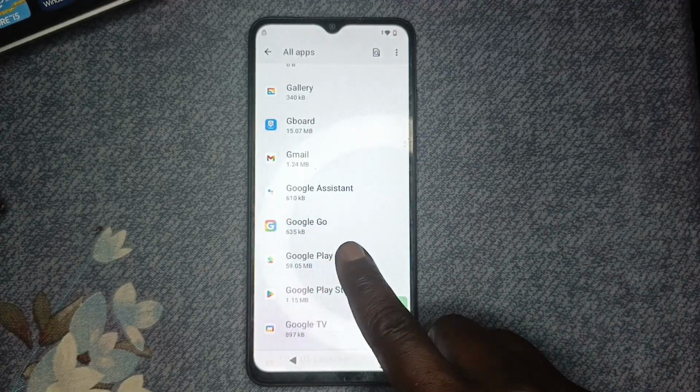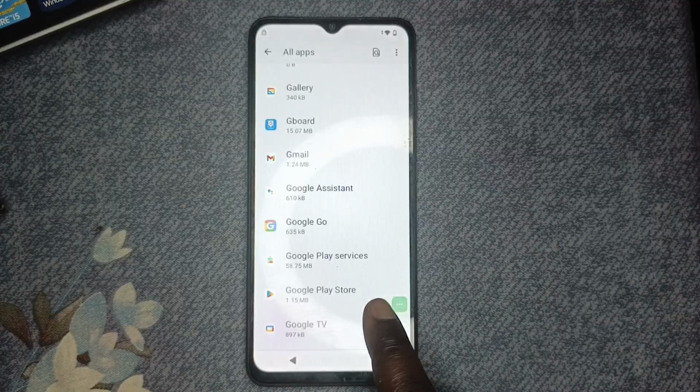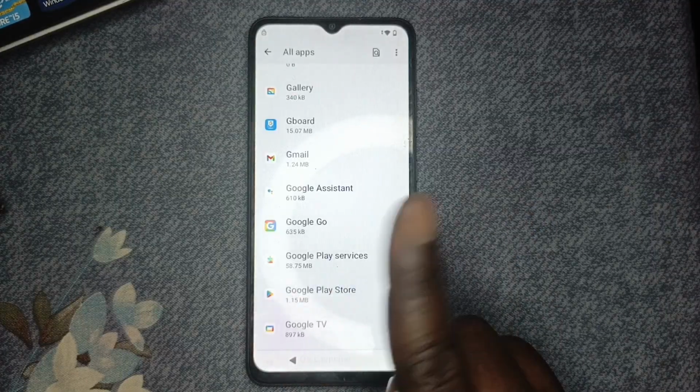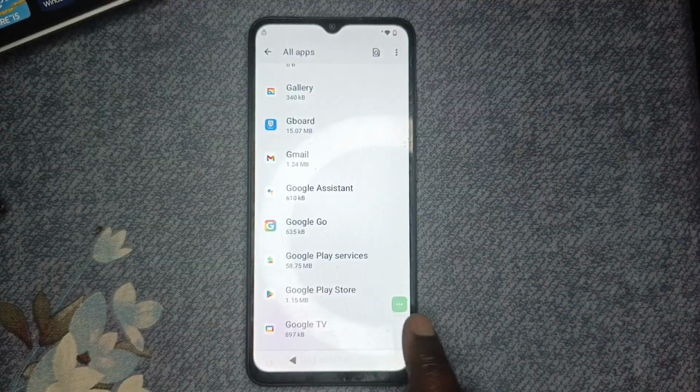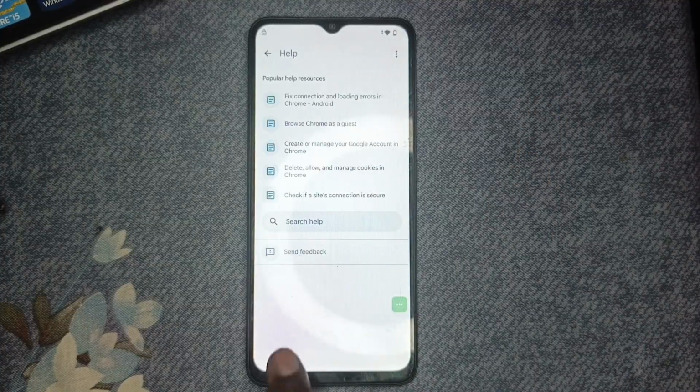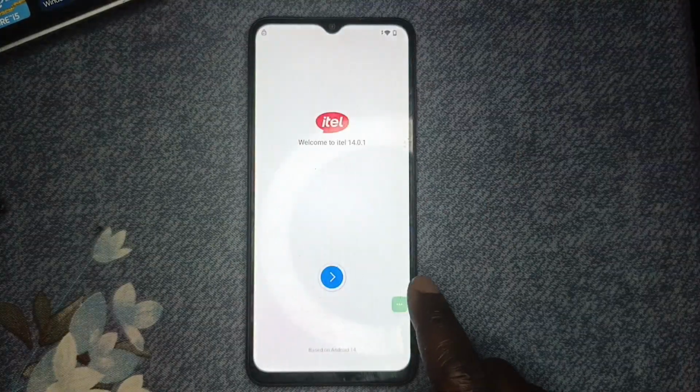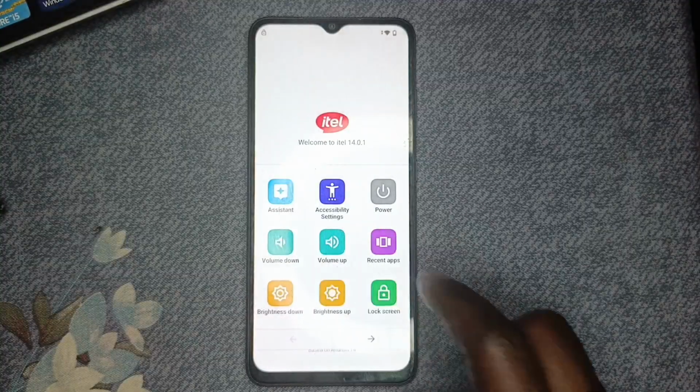So let's come back here. As you can see, you cannot edit any app. You can't edit any app around. So everything is just dormant. So we are going back and we are going to start afresh. So from here,